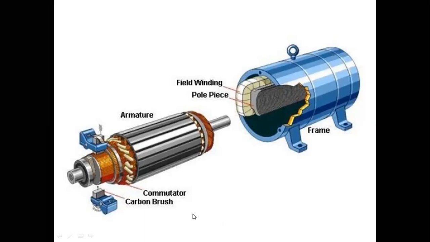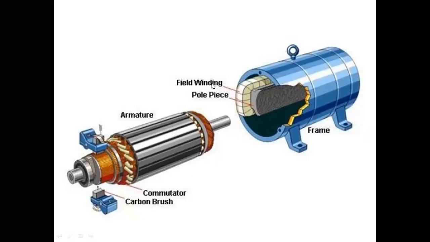Okay. So here, if you see, we are using carbon brushes at the outer side, at both terminals of the DC motor, and these are working as a commutator. It is also a rotor part of the DC machine. When we give the power supply to the DC machine, the rotor, this armature winding, and these brushes will rotate, and the poles and this field winding will work as a stator.